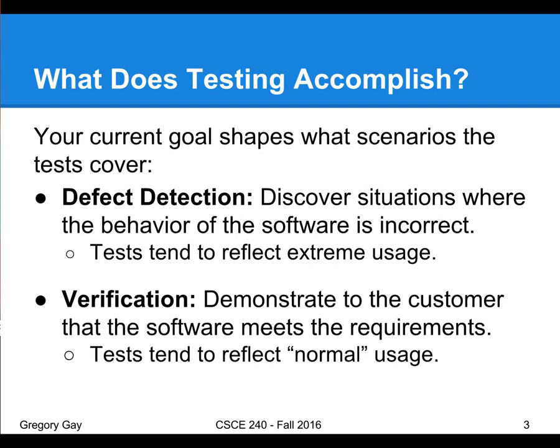Now, there's really no true boundary between these two approaches. It really just informs the mindset you're looking for. Are you trying to prove it works in the average case, or trying to tear this thing down and break it, right? But in both cases, you can perform verification. You can show the requirements are being met through malformed input, through extreme input. And you can also find all sorts of horrible issues just through trying out normal usage. But in any case, you tend to have tests for both goals, and they tend to look a little bit different from each other in how you set about creating them.